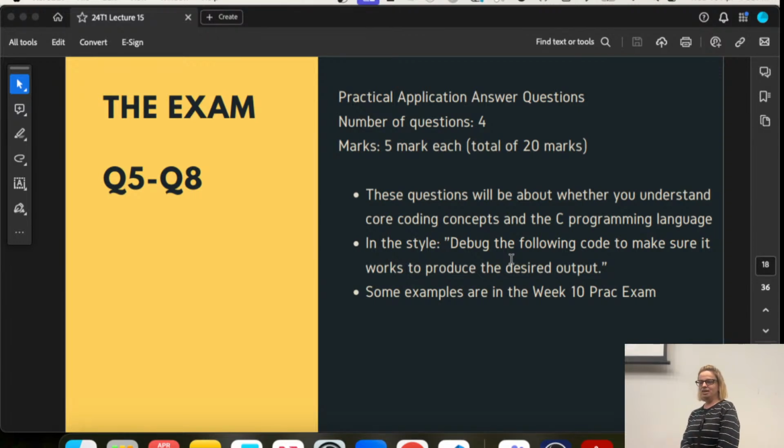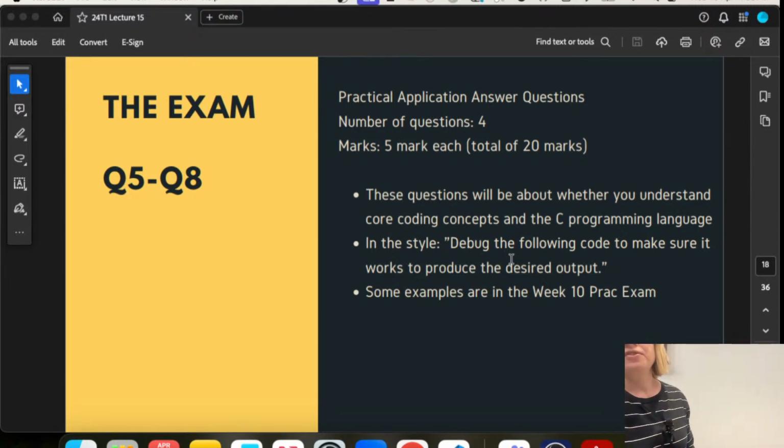I don't know, clearly I don't like to go in order, so I've decided to look at questions 5 to 8 first. So those are your 5 markers. And they used to be the first questions in the exam, but what was happening is that people would get stuck on them for ages and forget about the existence of the hurdle questions. So that's why they've now been moved into the middle of the exam.